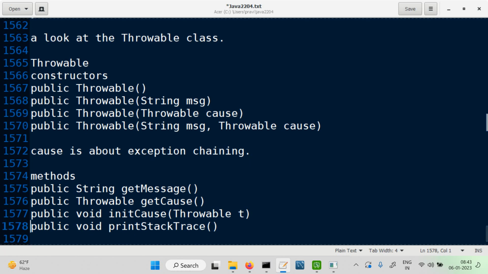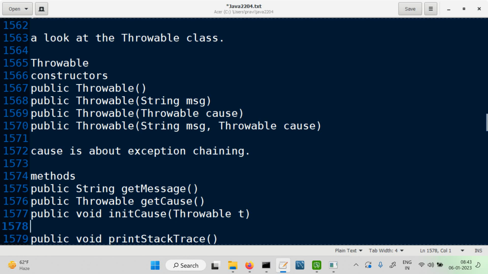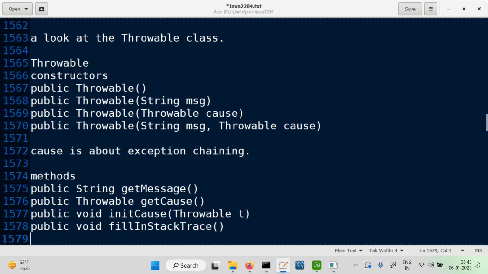There are a couple of methods more which I'll mention. Fill in stack trace. Okay, and print stack trace, or even before this I might put the other method which is about